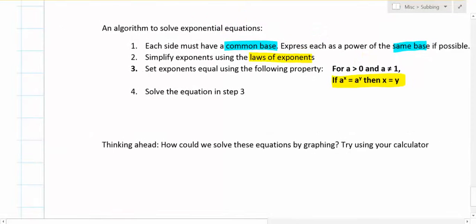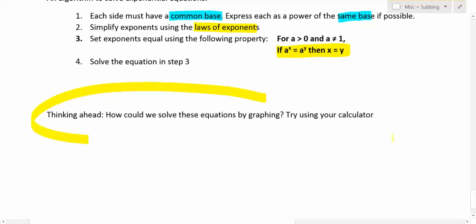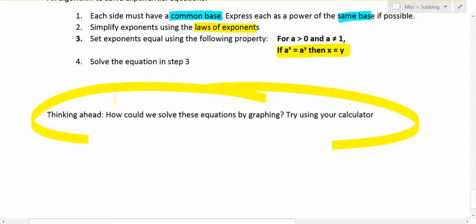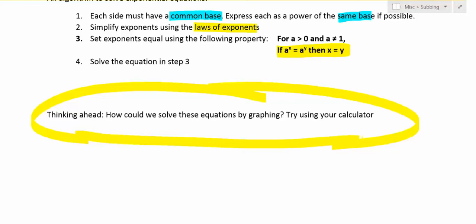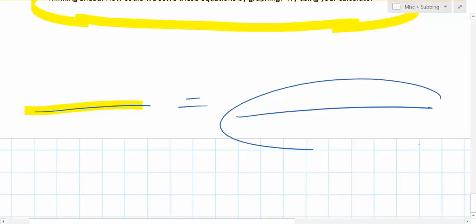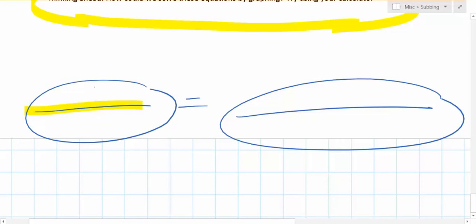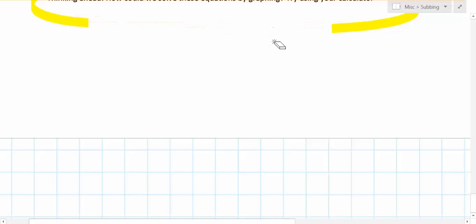Yay! Okay, so then you can think about solving by graphing. Theoretically, can you solve just about anything by graphing? Do you know how to find the intersection of 2 graphs on your calculator? No, there's an intersect function. So your calculator can find the intersection of 2 things. So if you can graph the left side of an equation and then graph the right side, so graph this and this, what do you just find? Where they intersect. So you can work on that. So you should have right now, you should have in your notes